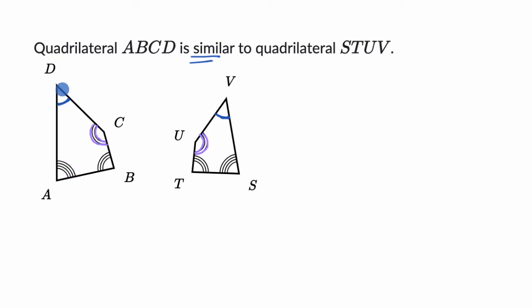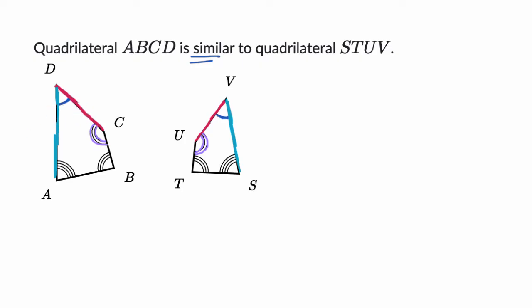So let's say we have side CD. Side CD corresponds to side or segment UV right over here. Notice it's connecting the same two vertices. And let's compare that to, so let's think about segment DA right over here, which corresponds to segment VS right over here. So one thing that we could say, and this is looking at the ratio of sides within the same shape,